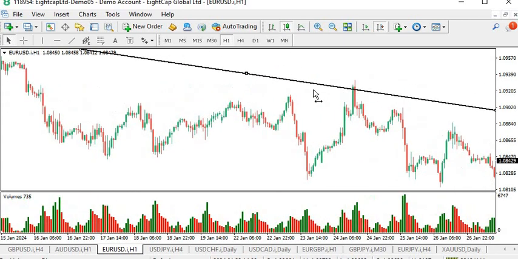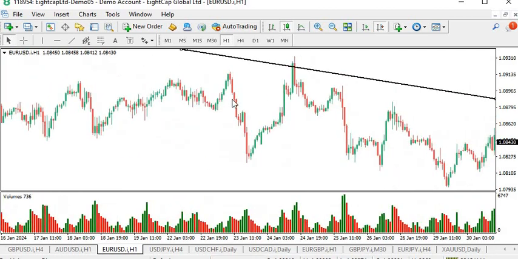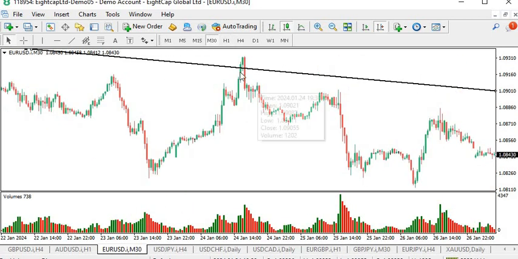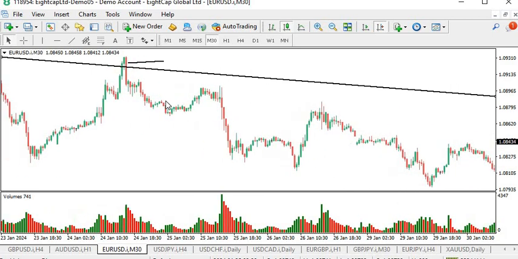Okay, it touched the trend line on the third touch and turned downward. Here it is an engulfing candle, a bearish engulfing candle on the M30 time frame, so we can take a sell entry here, and it almost gave us